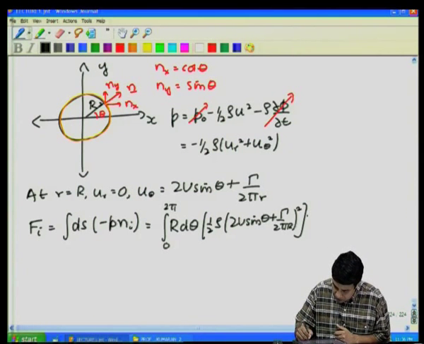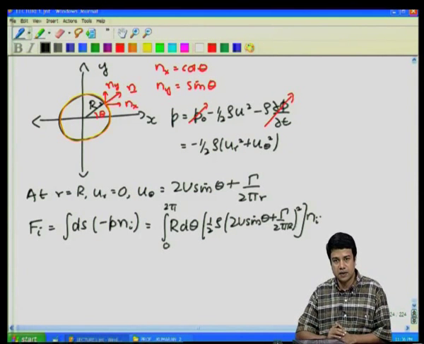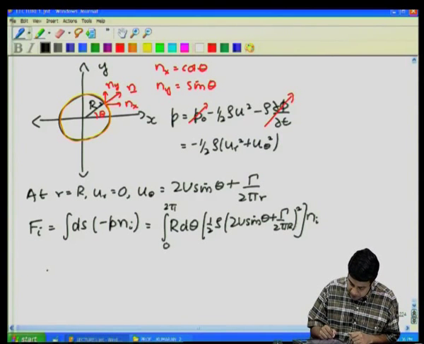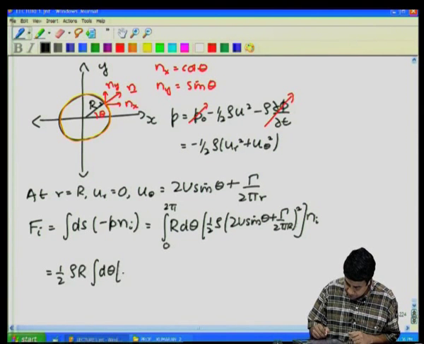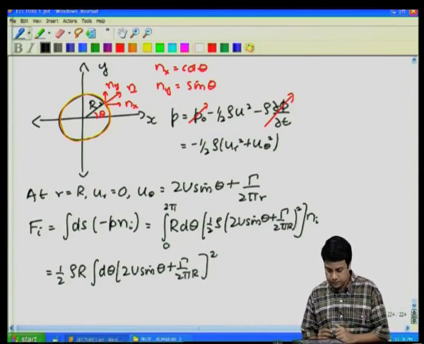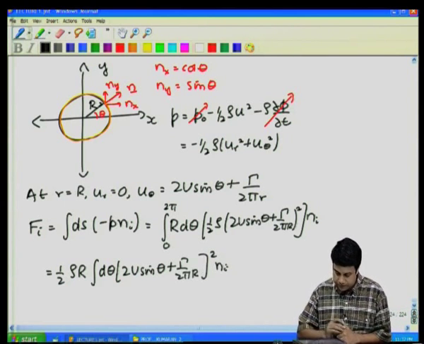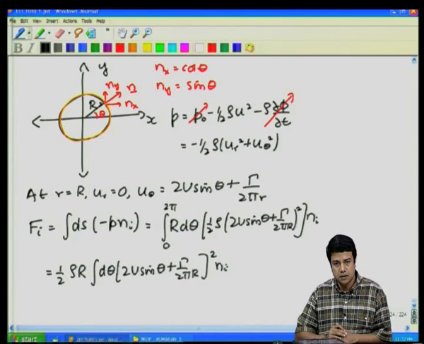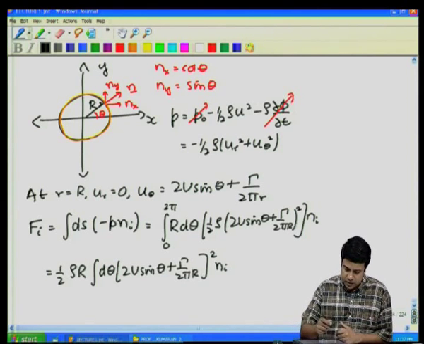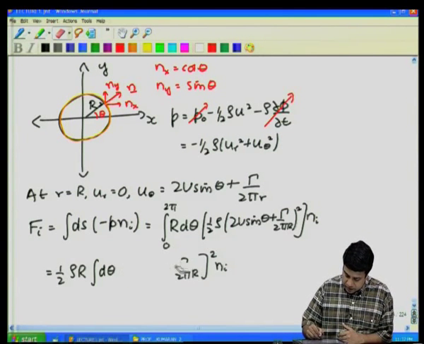Times the unit normal n I. Okay. So, I can expand this out as half rho r integral d theta of (2 u sin theta plus gamma by 2 pi r) the whole square times n I. So, the terms in the brackets can be expanded out quite easily